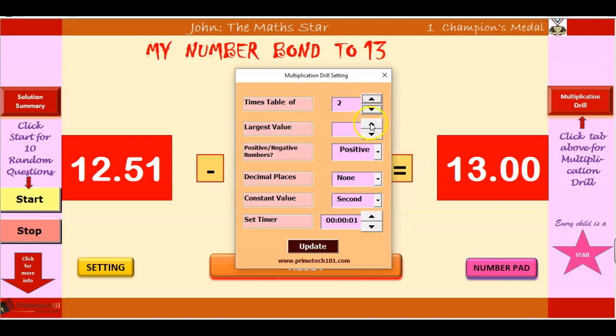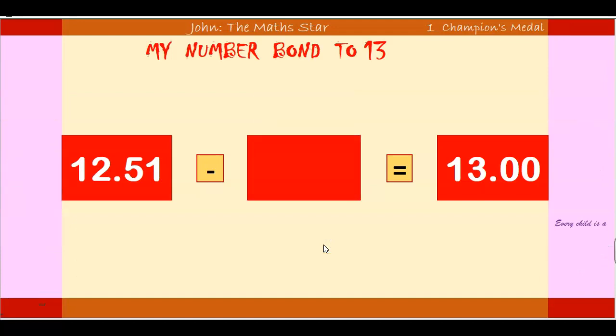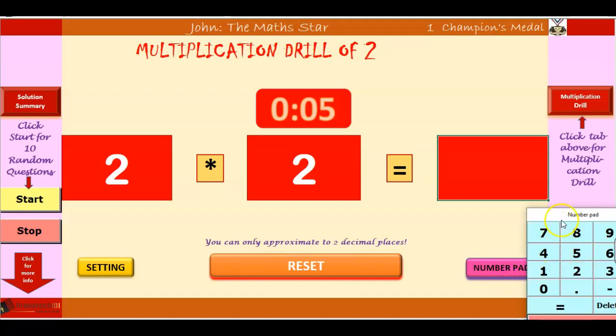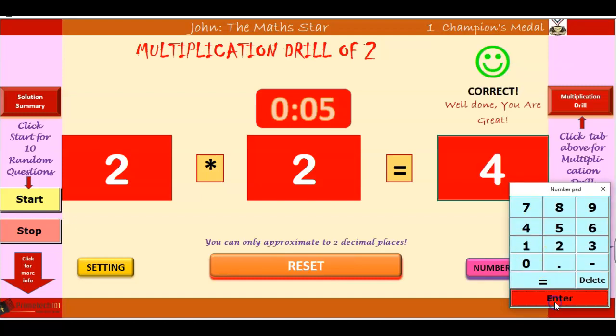So another tab you can work on is the multiplication drill. When you click the multiplication drill tab, on your right hand side you have that box where you can set in your preference. It's good for the learning of multiplication table. So in this case I've set it to multiplication drill of 2. So a 3-4-year-old child might want to work on this,